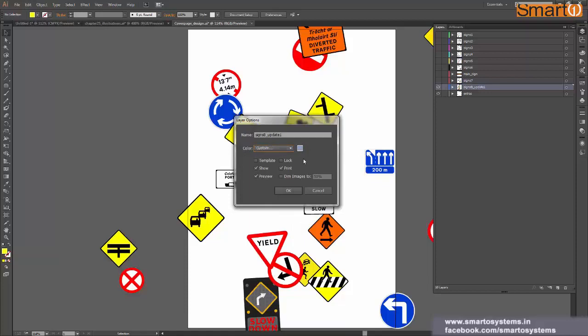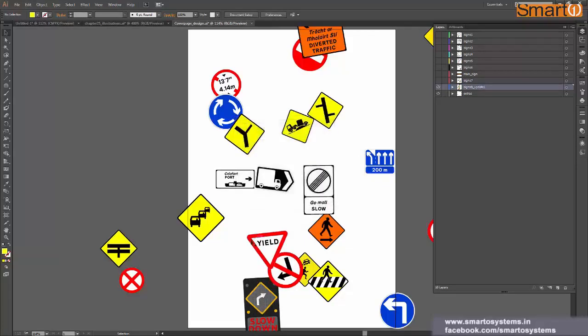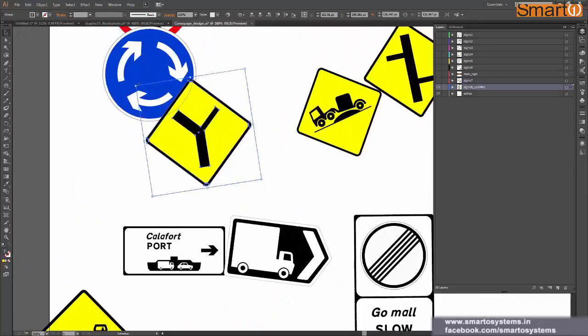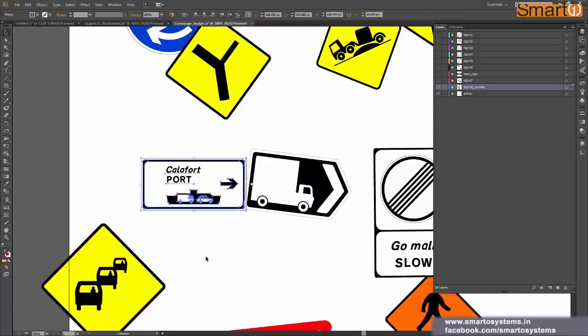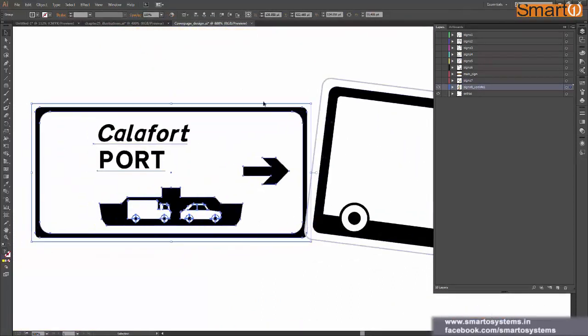What does it even do? Let's say first of all we'll select this light blue and click OK. Now you can notice whenever I select anything on this layer, I have this blue color bounding box around it. This blue color bounding box, and all the outlines which are visible, are in blue. If I select this white shape, you can see these all outlines are in blue and this blue bounding box.